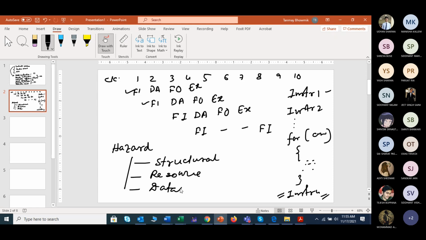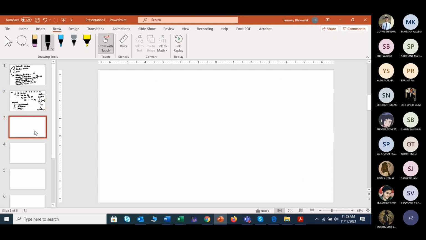So kind of same thing: the file you are currently using, you cannot use it in the next cycle unless and until the execution has been completed. So this was the concept of hazard that we started on the last day. From here the concept of RISC architecture or RISC pipeline comes.